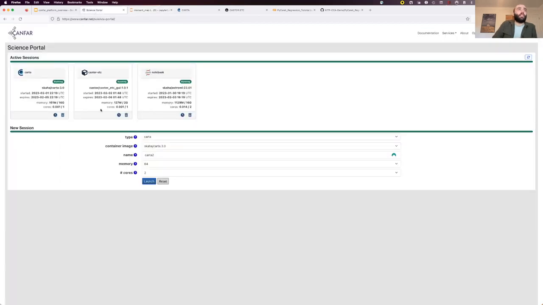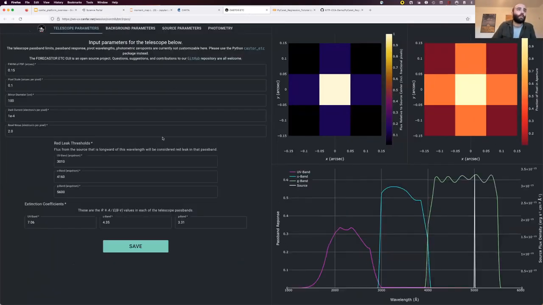Okay, and then the other thing I wanted to show here is that I'm also part of a team that is in the process of planning for a new telescope called Castor, think like Hubble in the UV, basically. And we needed an exposure time calculator, and one of our students put together this really nice software container that runs on the platform and is an exposure time calculator.